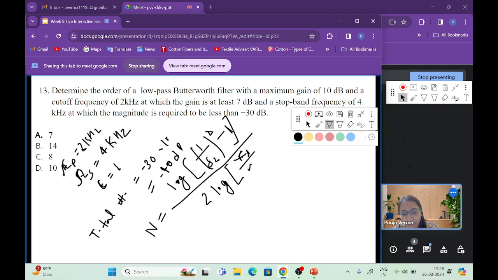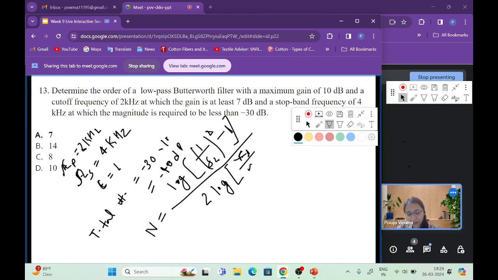actually I am not able to write on the screen. So if you solve it, the formula is log of 1 by delta 2 whole squared minus 1, divided by 2 log omega p by omega s. If you convert it, when fp and fs are given, all the terms will cancel out. So omega p divided by omega s, you will solve this,